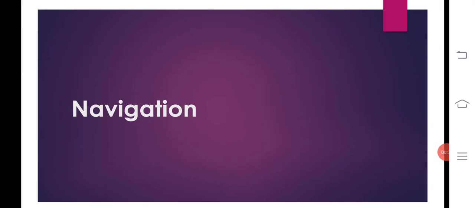This class I am going to discuss navigation. Almost only one topic is available in the first unit. From the second unit onwards, it is practical oriented. Then in the first unit, the remaining topic is configurations of web browsers. Before that, this is the only theoretical topic: navigation.